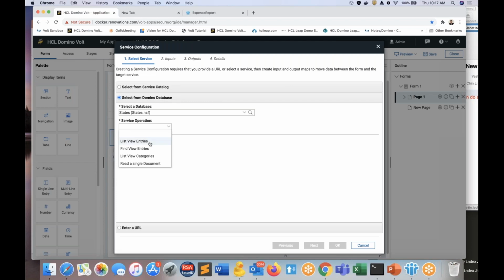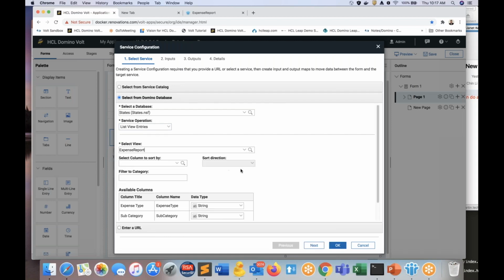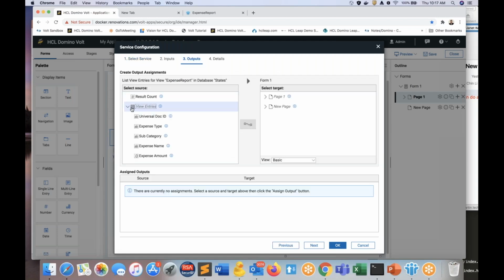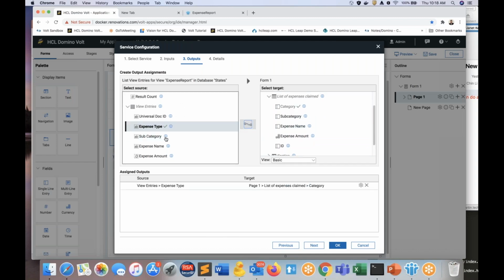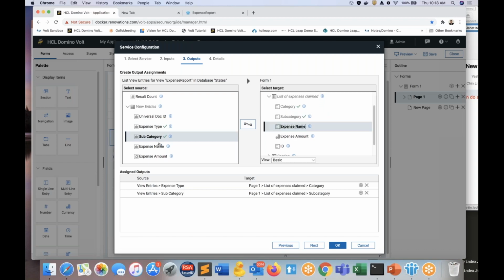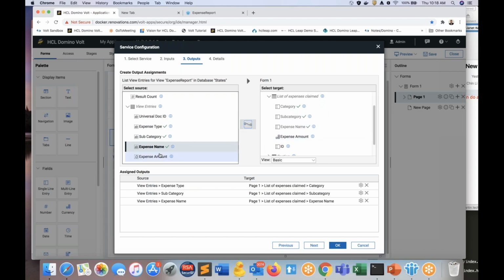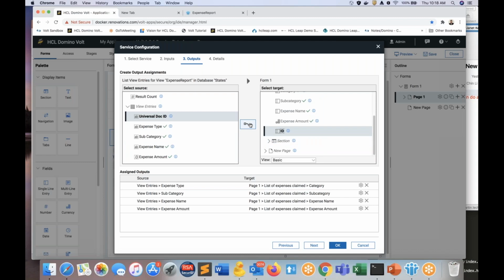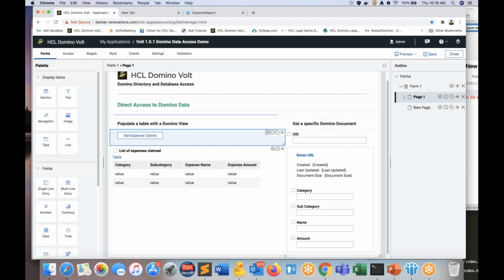I'm going to get a list of view entries. The view that I want is one called expense report. It's given me some options here, which I'm not going to elect at this point to sort by and filter by. I'm simply just going to take what it's given me back, and I'm going to go over to the right here and look at the fields in the table. I want to know the category, and then the subcategory, and then the expense name, and then the expense amount. I also have an ID for the record that's in that document that's in the view, and I'm going to bring that forward as well into the table. So when I preview this,